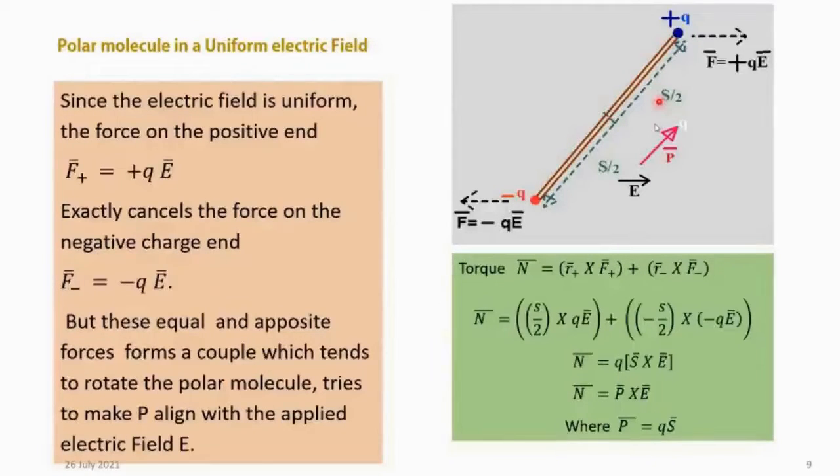Now the electric field is applied. So electric force is there and it operates at both ends, the positive end as well as the negative end. At the positive end, we get a force along this direction, the same as the direction of the electric field. Whereas at the negative end, the electric force operates in the other direction. So we have two equal and opposite forces acting at the ends of the handle. We can say it is like a handle. When these two forces are equal and opposite, they form a couple.